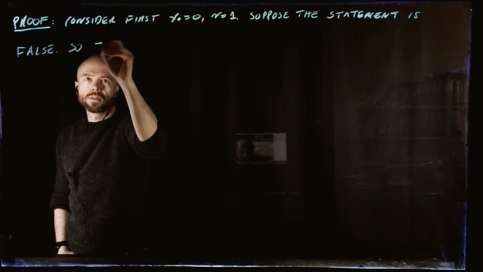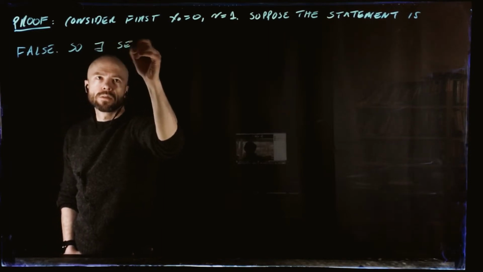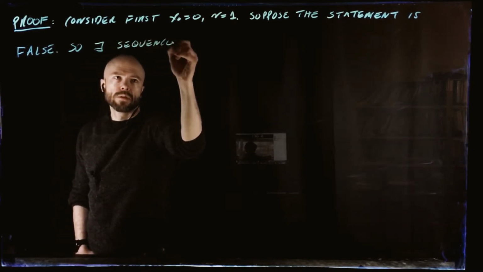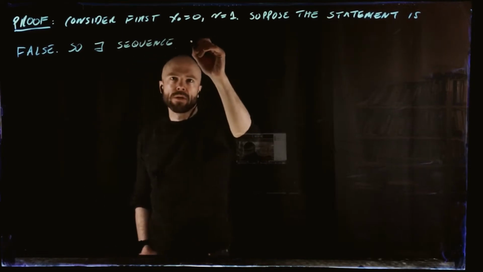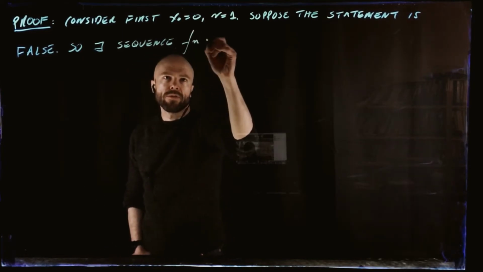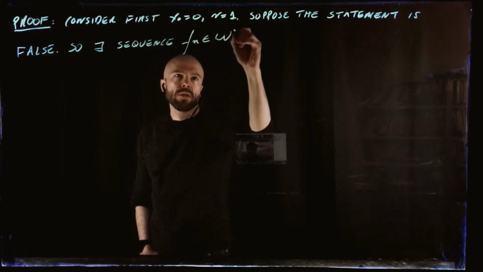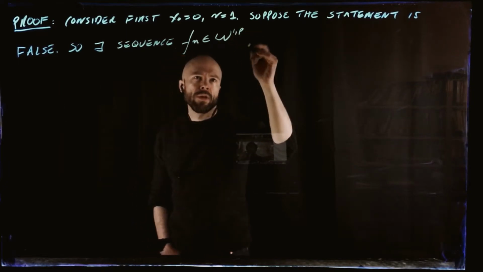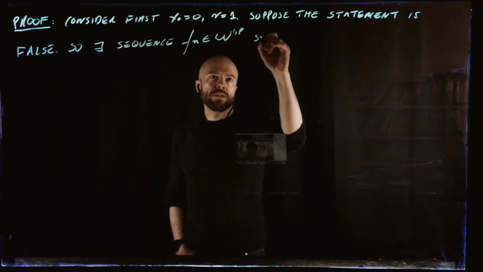So there exists a sequence, let's call it f_n belonging to W^{1,p}, such that